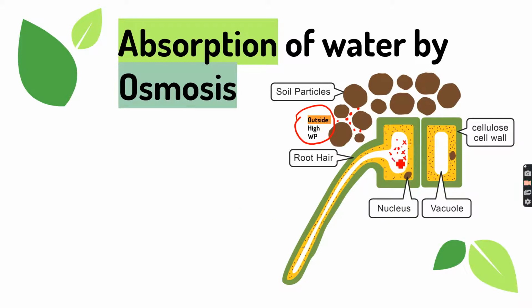I'm just going to write X's to represent other substances. Because there's higher water potential in the soil than inside the vacuole, and because of the differences in concentration of water,